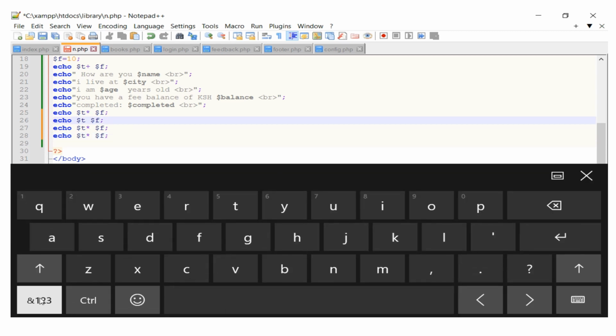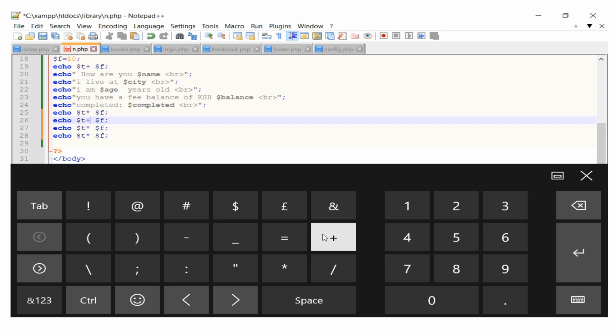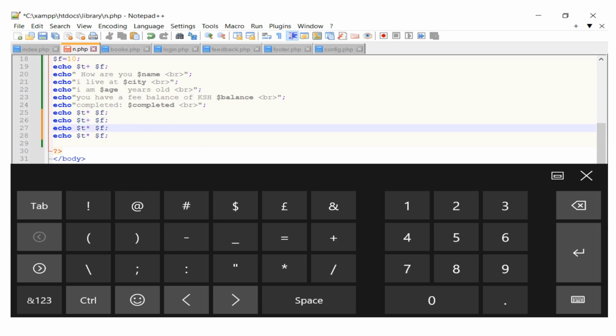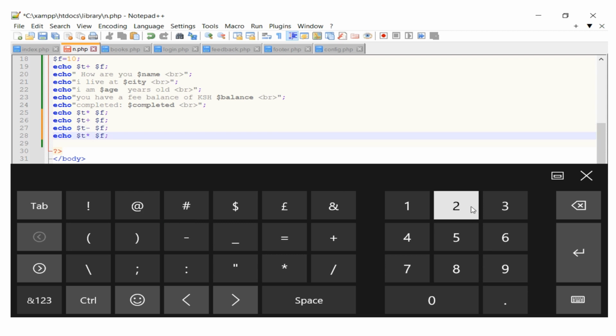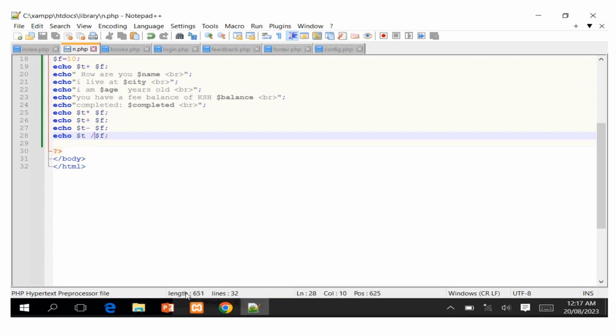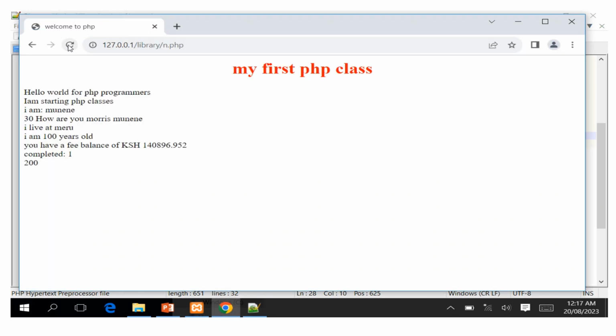Let this one be addition, let this one be maybe subtraction, and then let this one be maybe division, and then I can try to save it that way, and then I can reload it, and there you can see I have all of them here, but they are not